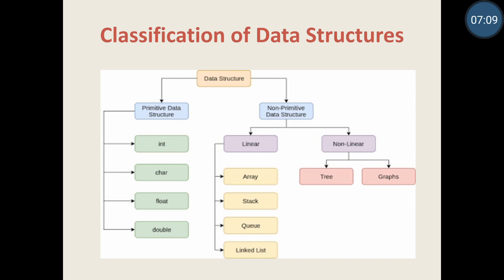On the other hand, in a non-linear data structure, data items are mainly organized in a hierarchical way. They are linked to each other, they have relationships among them, but they are not stored linearly. That's why they are called non-linear data structures. In a computer system, we have two types of non-linear data structure: trees and graphs. So this is the classification of data structure.